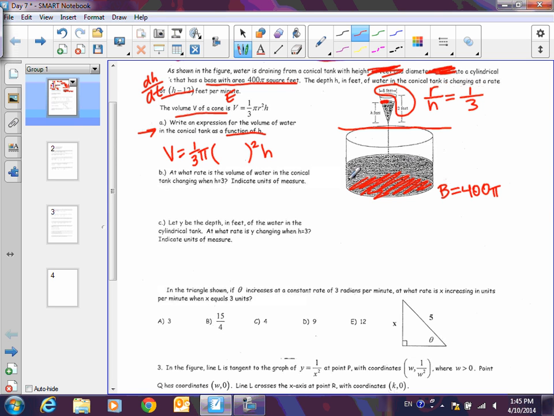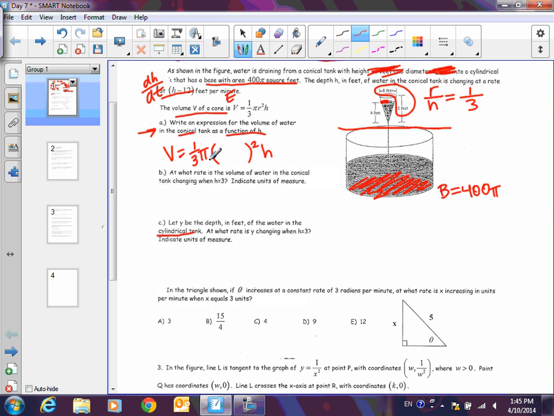We haven't gotten to this, and I get what you guys are saying, and that'll come in part C when they bring up the cylindrical tank. Okay, but we can just totally ignore the cylinder. Yeah, we read the problem and we wrote down what we needed, but to do what they're asking us on part A, we need to stay in the cone. So